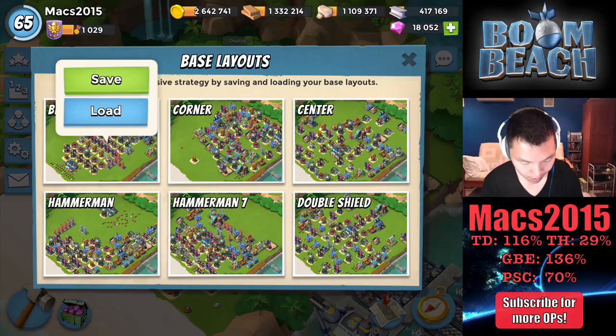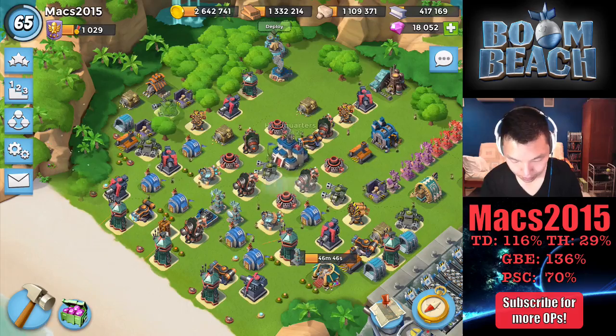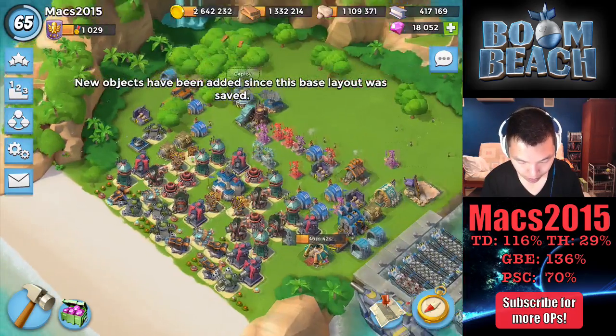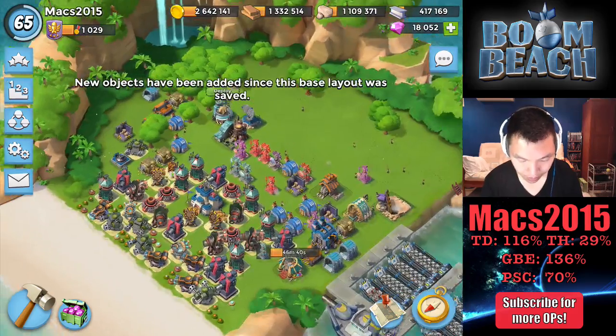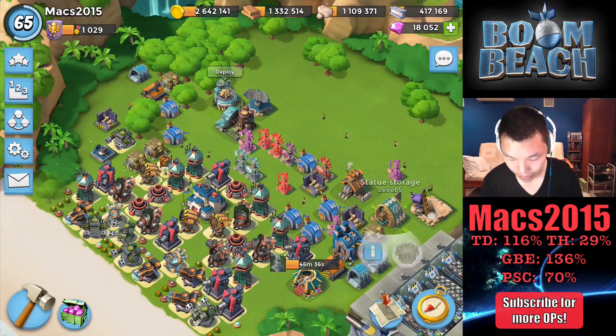Let me just save. No, that's not the one. Center, right? Save the current layout. I don't know if I made any changes, but just in case. And then we're just going to load up Hammerman for 600. And obviously with the 2 little ice statues that I have, I am not able to be Hammerman anymore, which